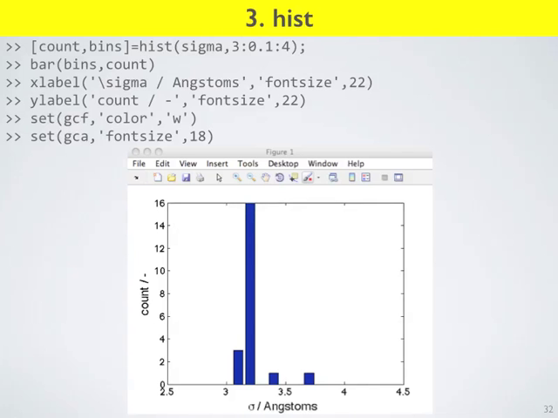It's very powerful. Excel would be a huge pain making this. You have to highlight data and select things from a menu. MATLAB does it very quickly and very efficiently. You can then clean up the plot to make it look nice, and you should get something that looks like this. So histogram, something we do all the time, a very useful way to do it. Again, think of this as a library of MATLAB codes. I don't want you to memorize these things, but I want you to know that, oh, hey, I need to make a histogram, I should look back in these slides, and it will tell me exactly how to do that.